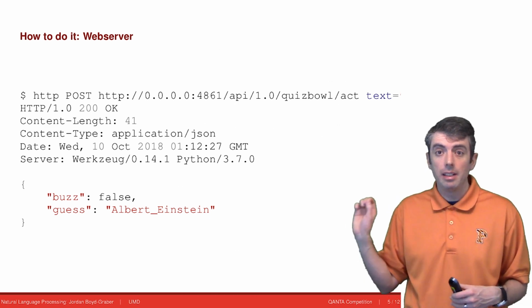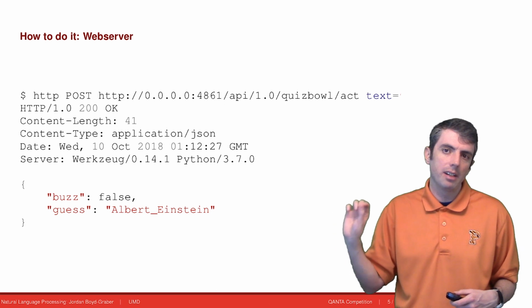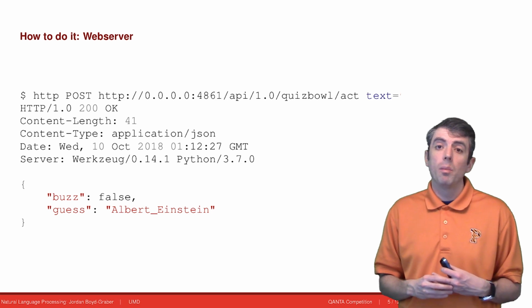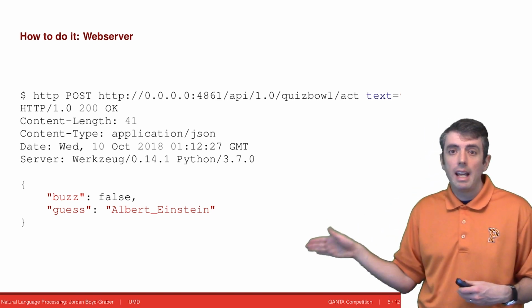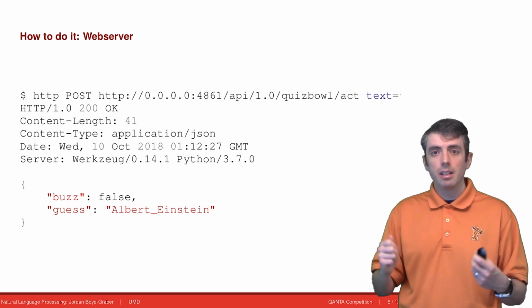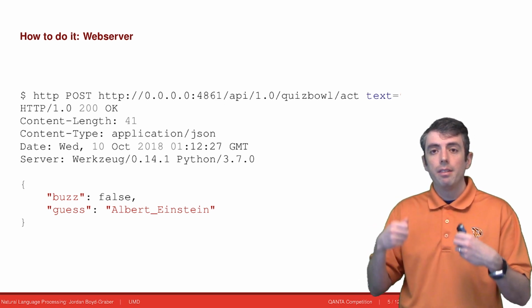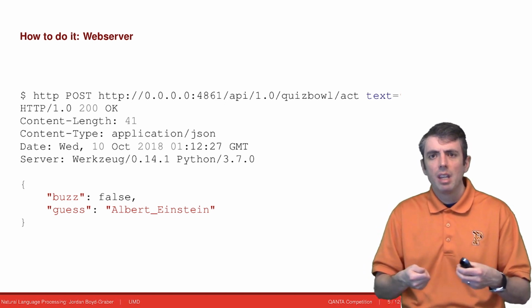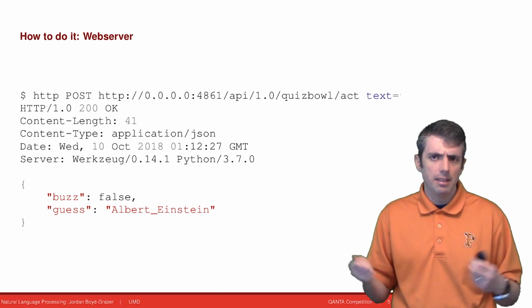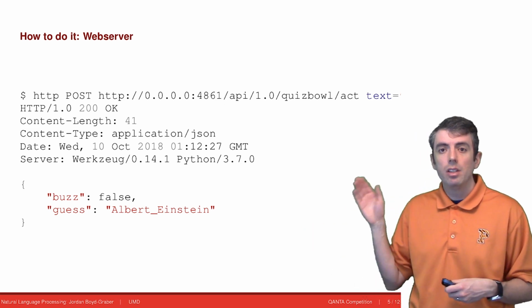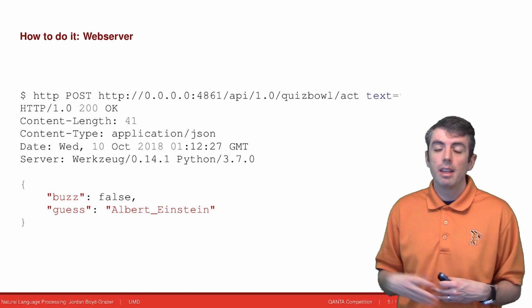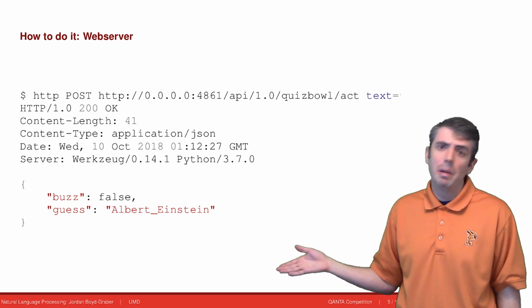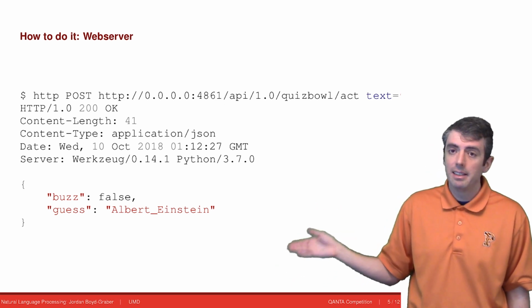Let's drill down a little bit more into the details about how the questions are asked and how the questions are answered. All of the interactions are going to be in the form of JSON strings. This is what an answer looks like. So the moderator will pose a question in the form of an HTTP post request. And it will say, "Who invented general and special relativity?" as, say, a question. And then your system needs to implement a server that will take that request and then reply, "I wouldn't buzz, but my guess of what the answer would be is Albert Einstein."